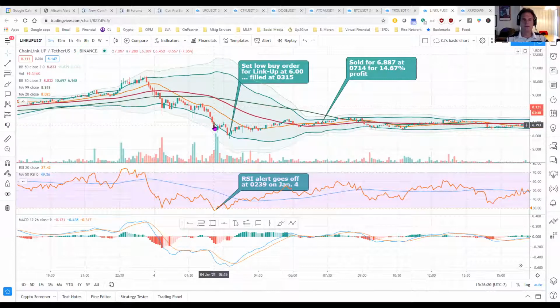So what I do is I set a low buy order at 6.00, because at the time the alert goes off, it's between 6.69 and 6.476. So right around 6.5, 6.6. I want to get a little bit lower, and I want to go back to sleep. So I set the low buy order for 6.00. I go back to sleep. Well, the coin drops some more. Picks up my buy order at 3:15,